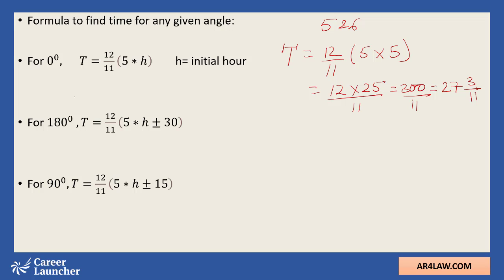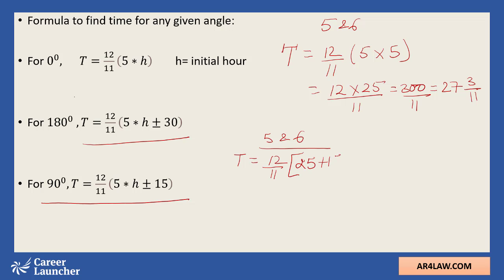So we can say at 5:27 3 by 11, the hands of the clock are together between 5 and 6 p.m. So we have a formula to find when the hands of the clock are opposite to each other. This is the formula for that. Now, as I've shared earlier, an angle of 90° can be created twice in an hour. So let's explore this between 5 and 6 again. What are the two times that the hands of the clock are at 90°? So for the first time, we'll use the plus 15. So the formula would be like 5 into 5, 25 plus 15. This would give us the first time. And the second time would be given by